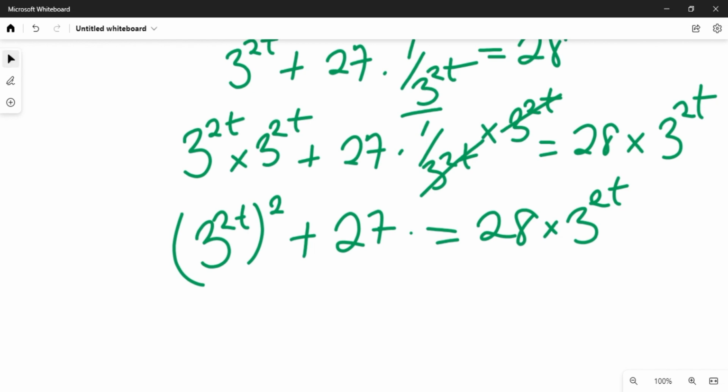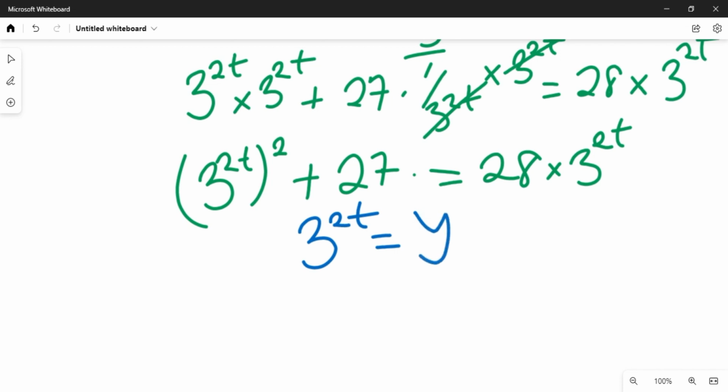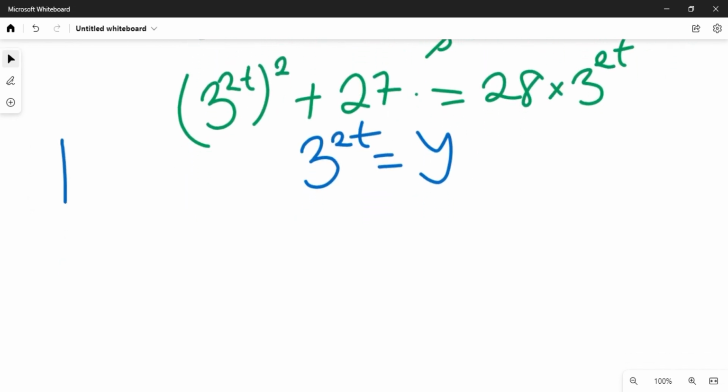Now to simplify further, we want to let our 3 raised to the power 2t be equal to y. To make our 3 raised to the power 2t equal to y, all we need to do is, wherever we find 3 raised to the power 2t, we replace it with y. So this will give us y squared